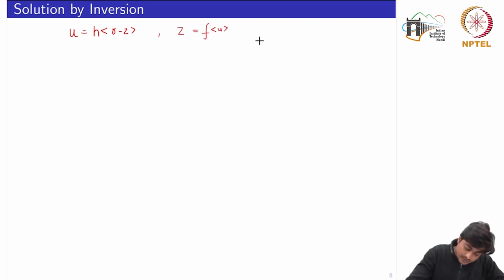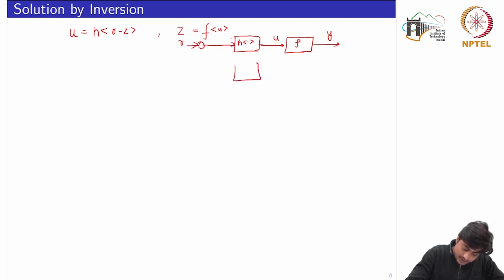So the idea we are going to pursue here, let's say this is our plant, the function of y, and this is u. The controller u would be a function h of the input signal. So this is our reference signal,